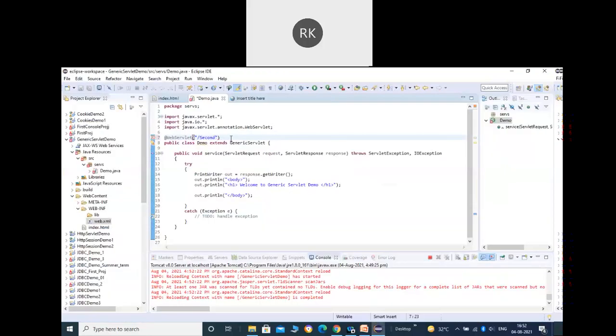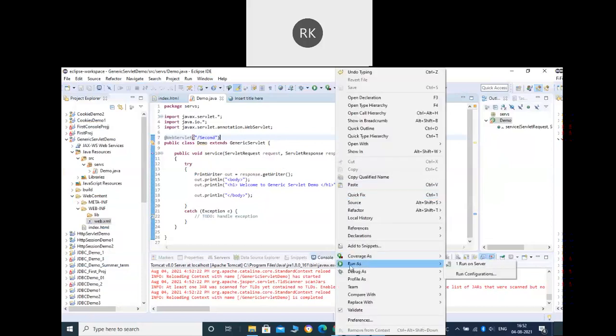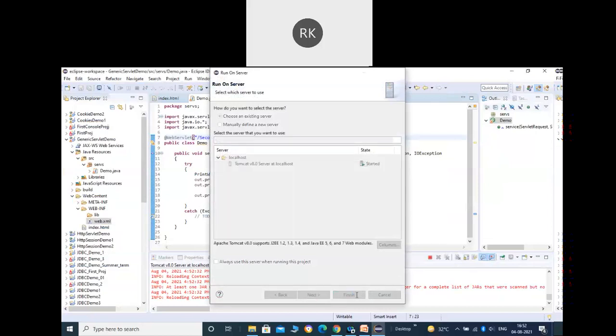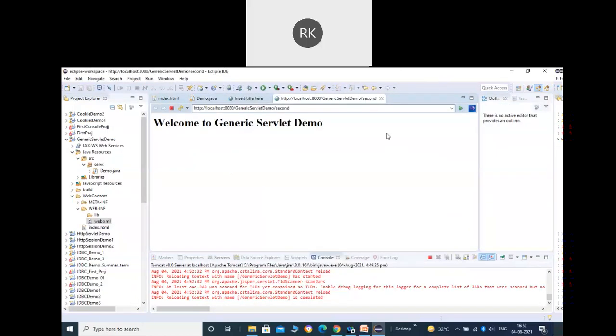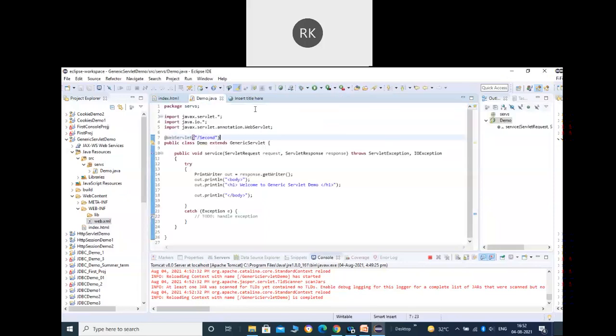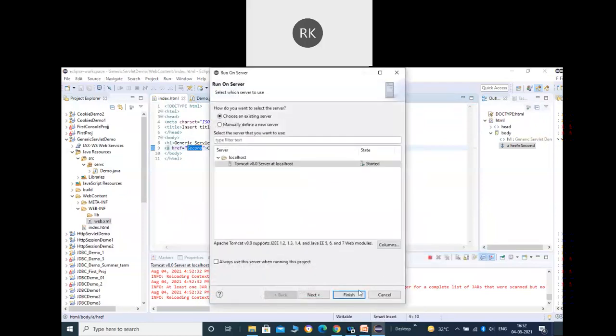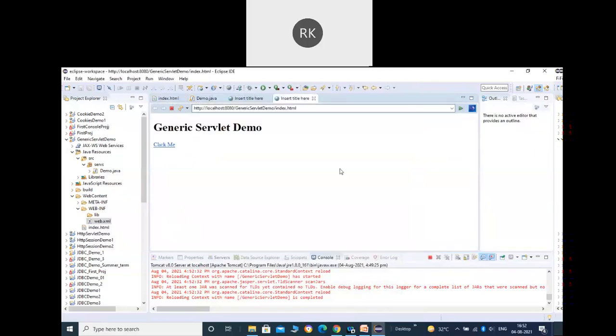The annotation always starts with the at sign, and here the annotation is WebServlet. Within the braces we pass the URL pattern. You can see in the index.html the URL pattern is second, so just say second here. We are done, and there is no semicolon.